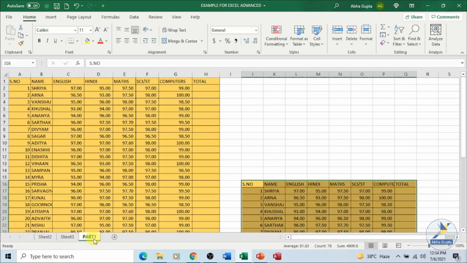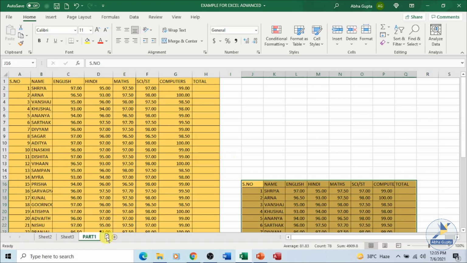To copy a worksheet, to make a copy of the worksheet, you have to select that particular sheet of which you want to make a copy and press the Ctrl key on your keyboard. Then you have to click the left mouse button and drag. Now if you look closely, together with the pointer and the page symbol, I have got a plus sign also. That plus sign means that we are making a copy of the worksheet. Move to a new location.